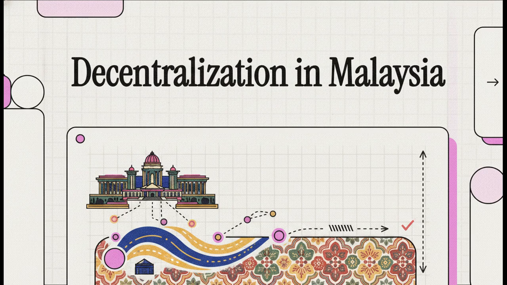Your exam on the Malaysian administrative system is in exactly 3 days, and you need to master Chapter 3 like yesterday. Well, take a deep breath because you are in exactly the right place. I'm going to guide you through a highly structured, rapid fire masterclass on the system of decentralization as it's practiced in Malaysia. By the end of this, you'll have absolutely everything you need to ace those essay questions.